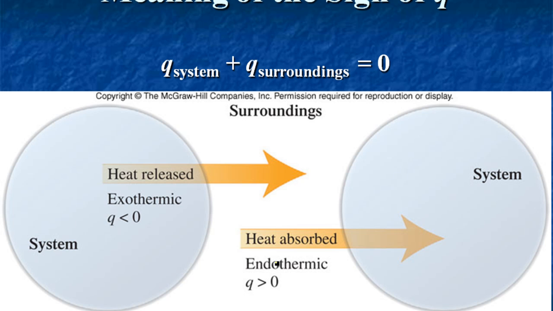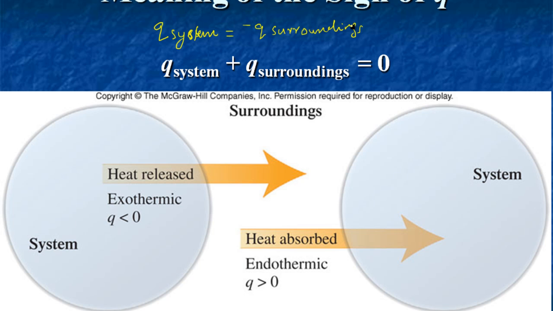Or in other words, when you add the Q of the system and Q of the surroundings, it should be 0. What does this mean mathematically? Q system plus Q surroundings is 0. What is the meaning of this mathematically? Q of the system will be equal to negative Q of surroundings,